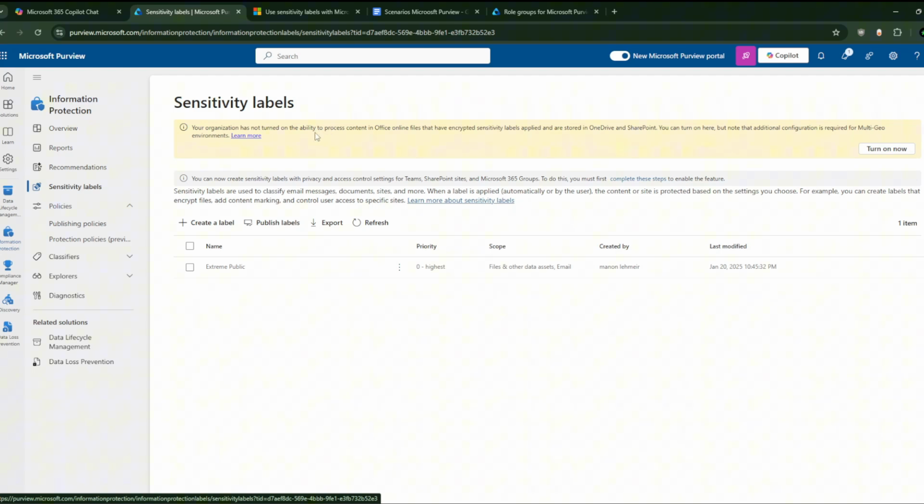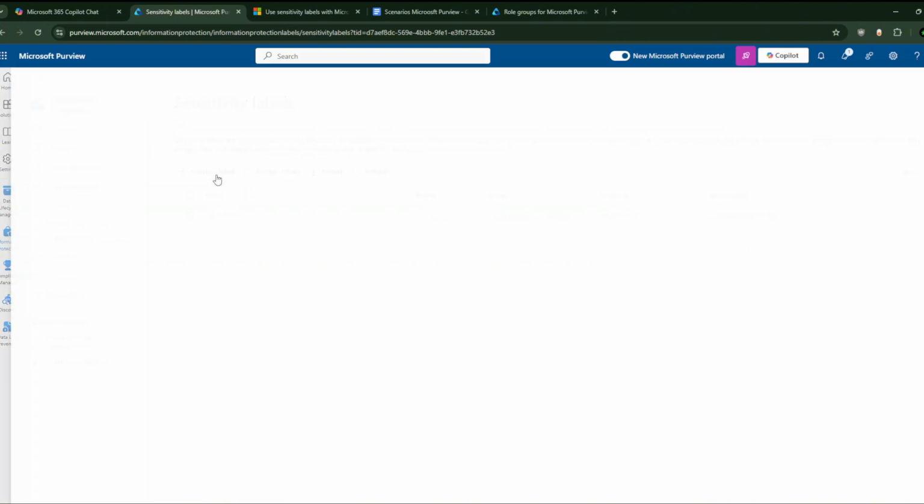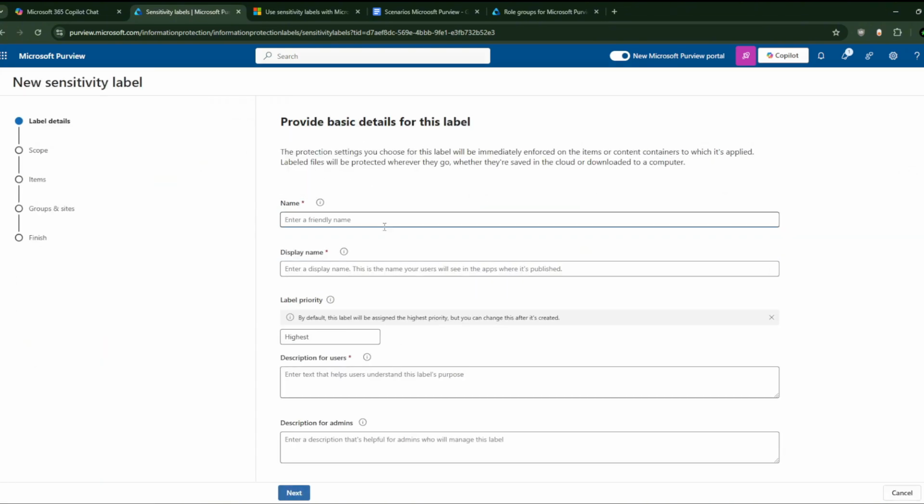Oh, has not, sorry guys, I was reading too fast. Has not turned on the ability to protect content in Office. Yeah, okay, it's fine. We could turn on. Create a label. We will create another label, and this one, guys, will be, as you know, a little bit different than the other one. So this one will be like the dangerous one. Okay, so we could implement this